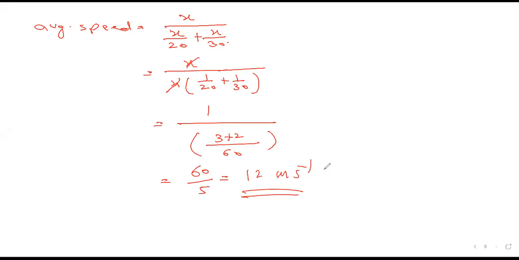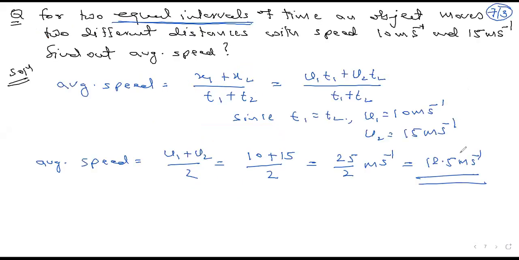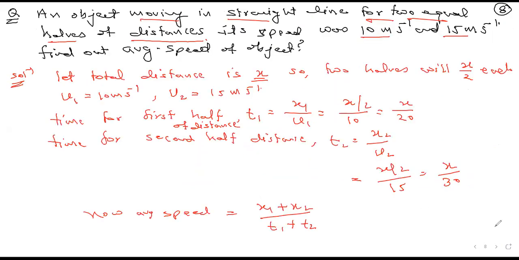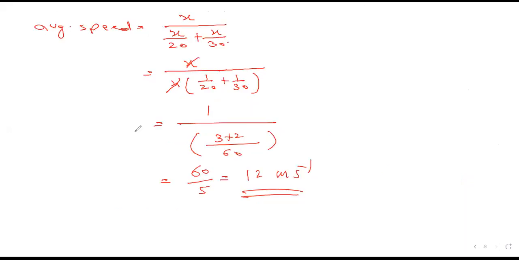So what difference are you finding? The first question's answer is 12.5. The question says two equal intervals of time. The next question says two equal distances. So the meaning is totally different. Is this clear? Next question is